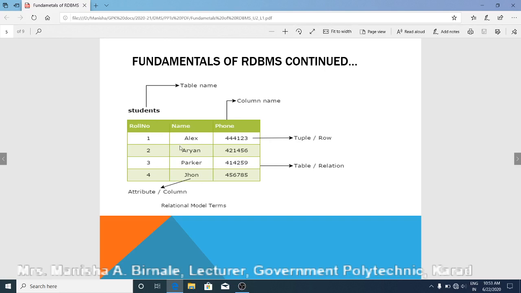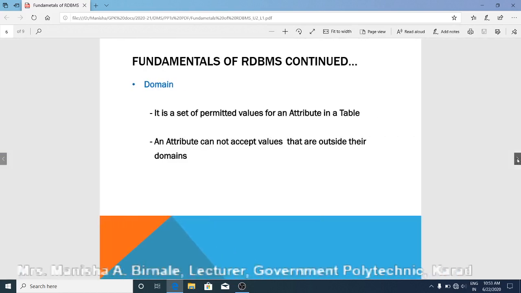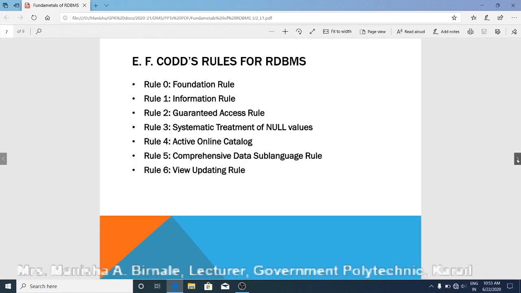Here we can see that this is data, stored in tabular format, as well as metadata: the total number of rows in the students table is 4, there are 3 columns, and the name of each column is roll number, name, phone. So this metadata, data about data, as well as the data, everything should be stored in tabular format.